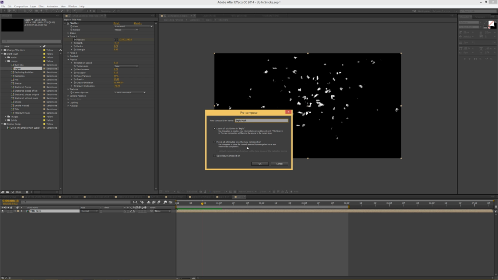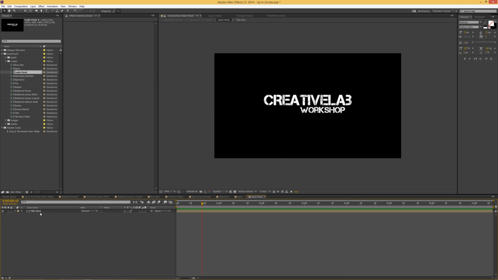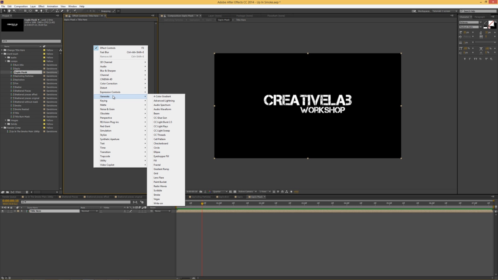The reason why we do this is that we don't need so many particles. We don't need to have all of these big fat pieces flying around, so we must go inside, select the layer, and then go to